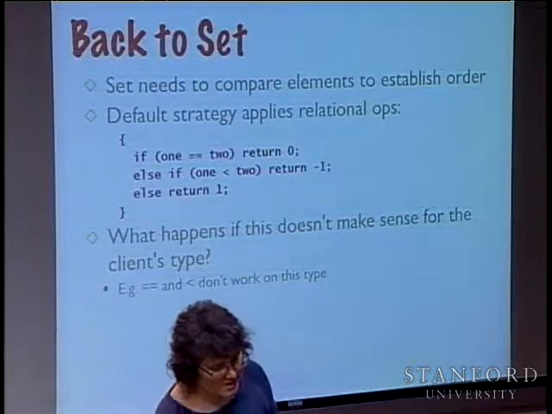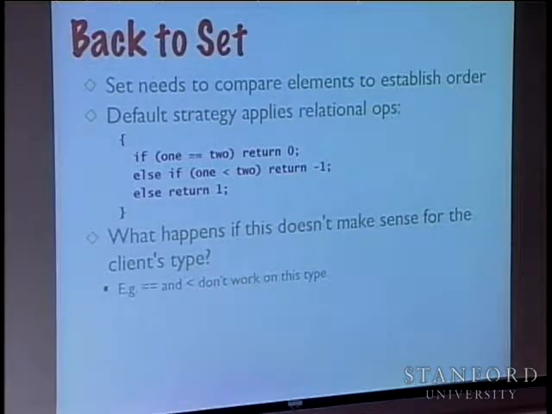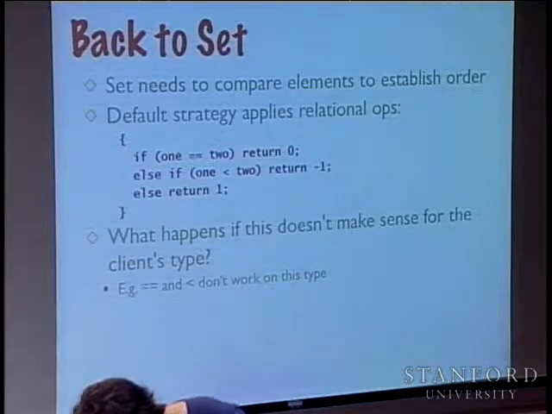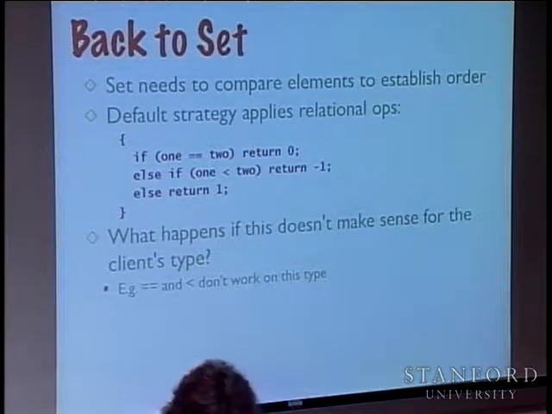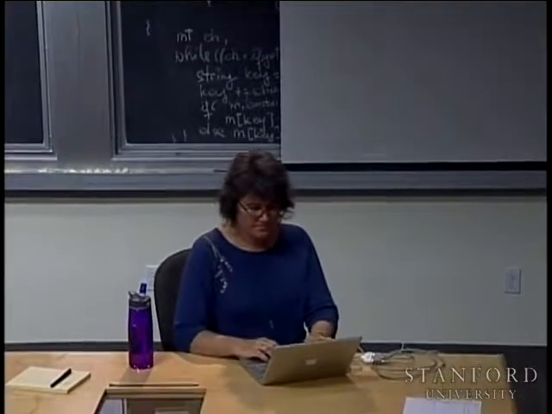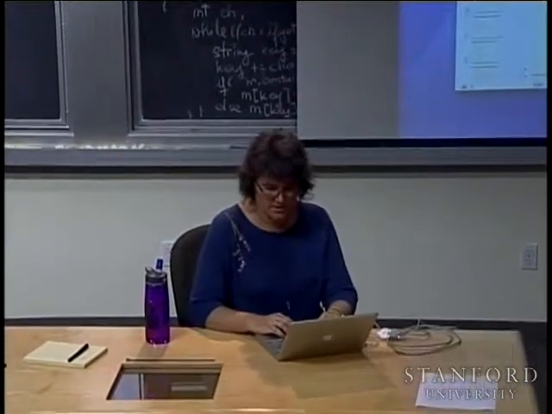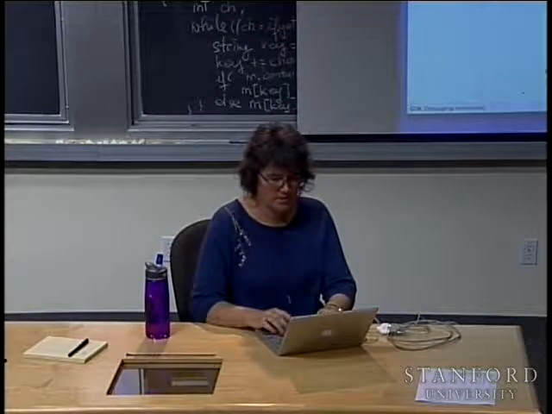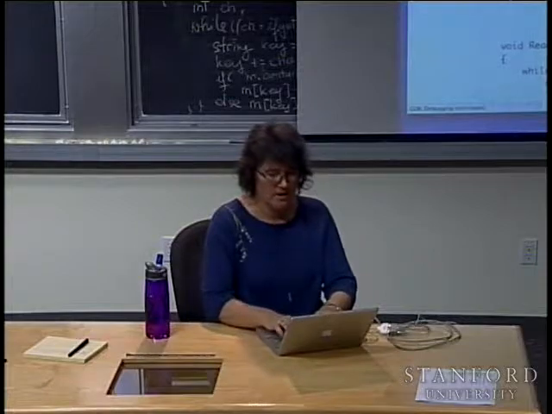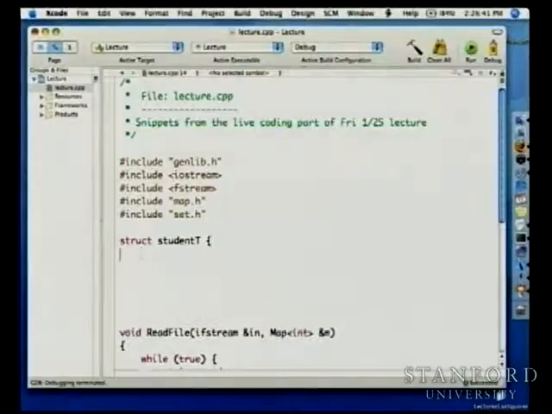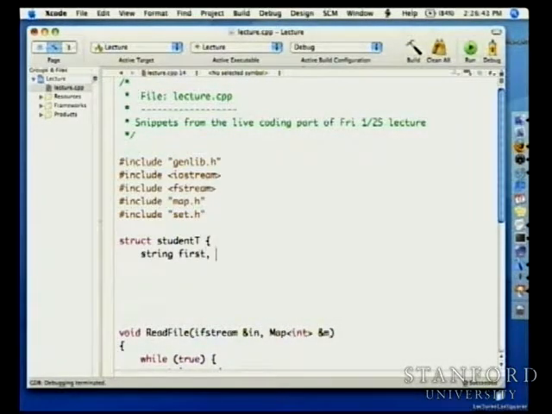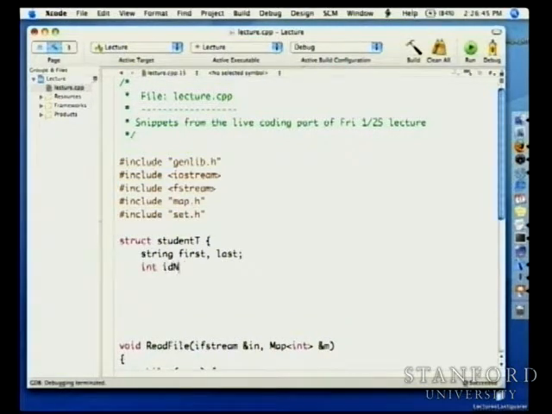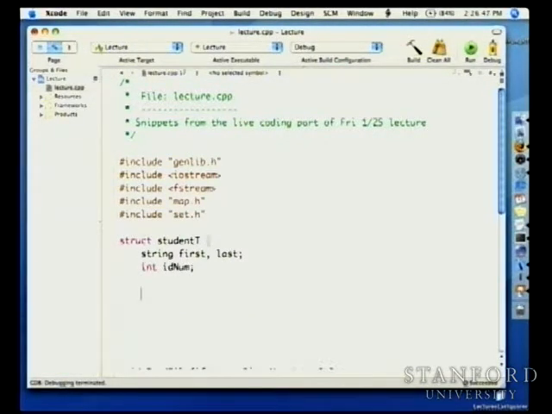So let me just type some code and I'll show you. I have it on the slide, but I think it's better just to see it really happening. So I'm going to ignore this piece of code, because it's not what I wanted. But if I make some student_t structure, and it's got the first and last name, and it's got the ID number, and maybe that's all I want for now,